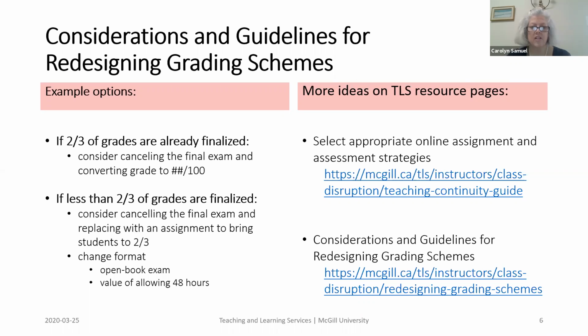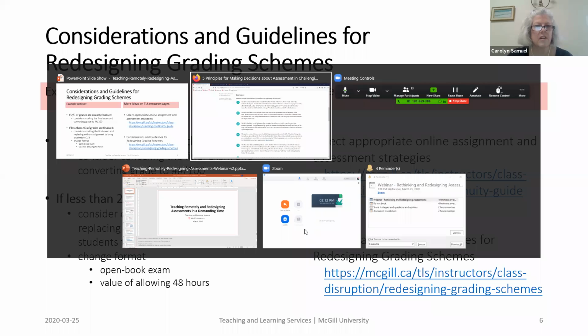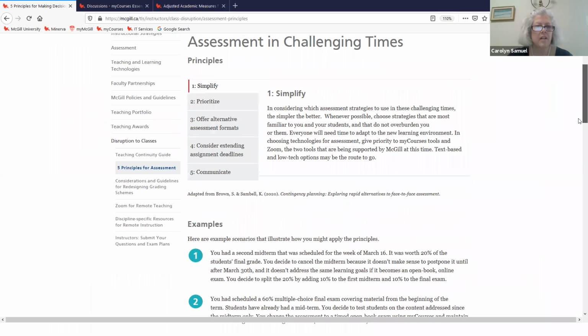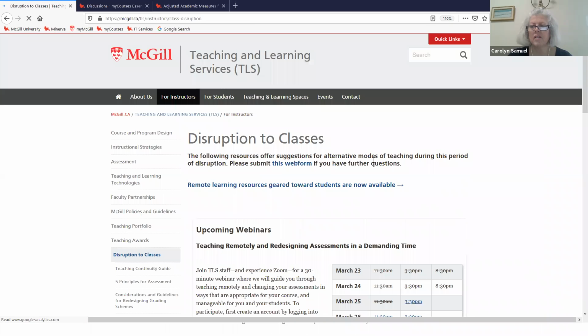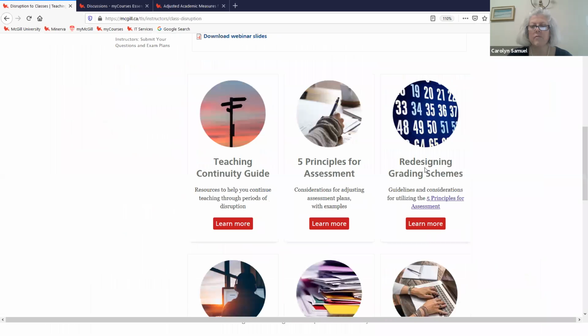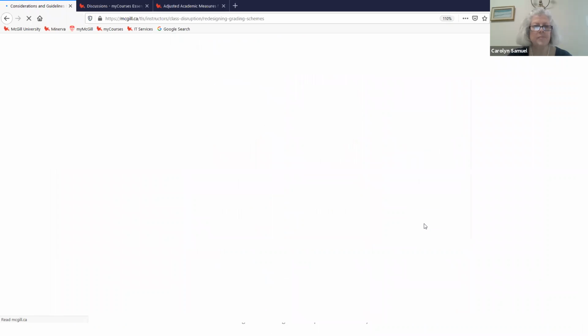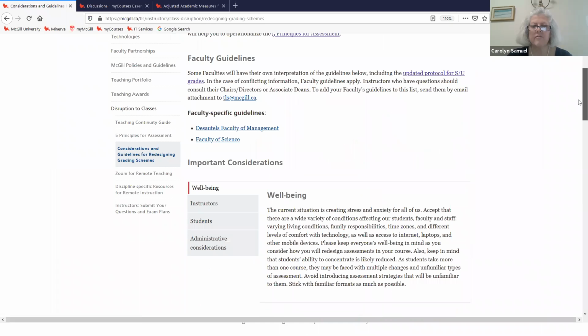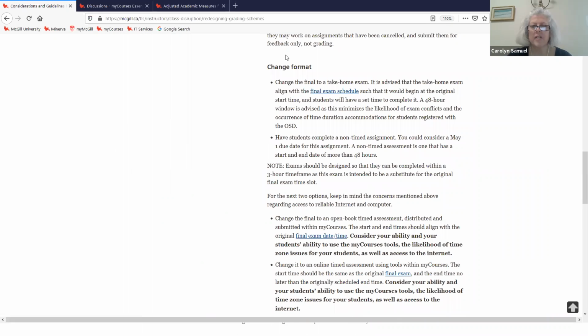So I'm actually going to take you to the website. Again, we've got the link here, so you can always go to it. And I'm going to go to the disruption page and redesigning grading schemes. So I'm going to scroll up just a little bit and to the disruption page and redesigning grading schemes. And if we scroll down the page and we look at where it says change format, a 48-hour window is advised, as this minimizes the likelihood of exam conflicts and the occurrence of time duration accommodations for students registered with